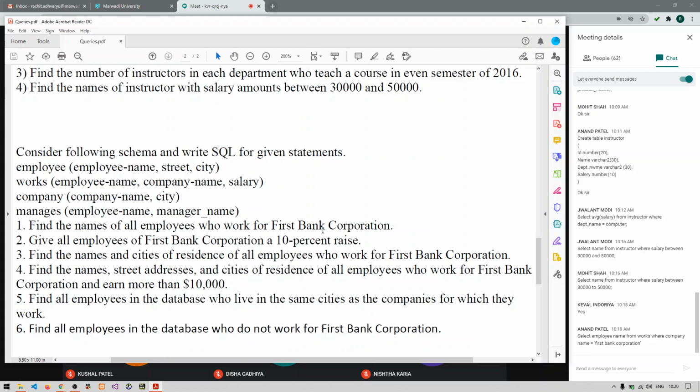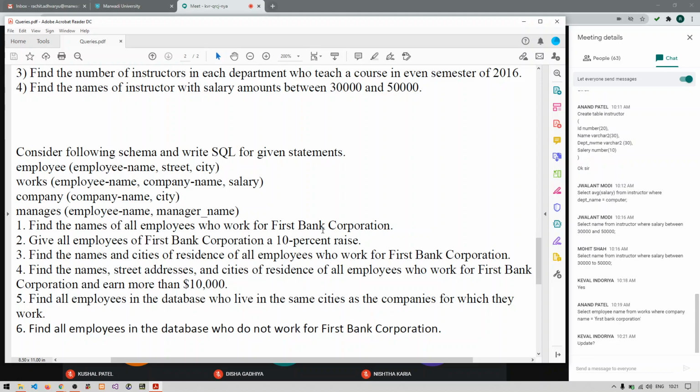Which command will you use for this? Update, yes. So now write down the update command.